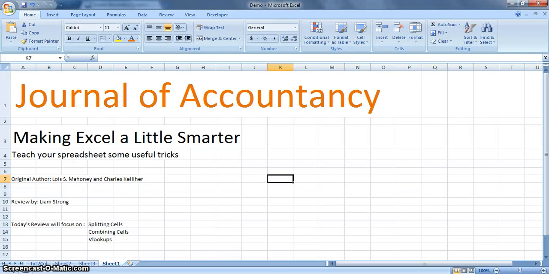Hey everyone, the article which we're going to be studying today is called Making Excel a Little Smarter, and it's from the Journal of Accountancy. The original author was Lois S. Mahoney and Charles Callagher, but today it will be reviewed by me, Liam, by myself, because my partner dropped the